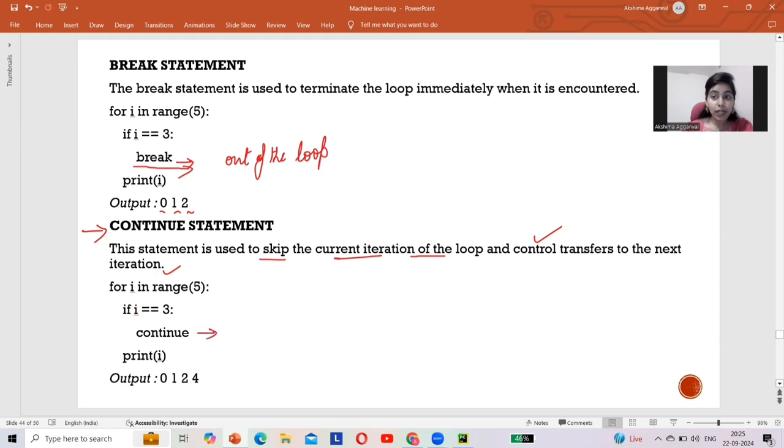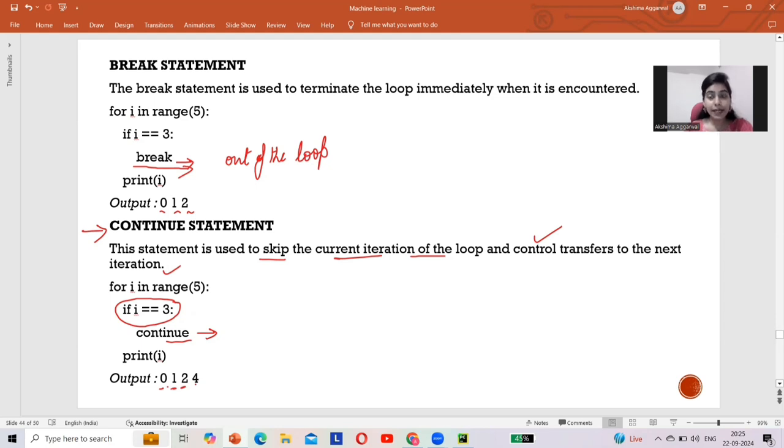It will not print this particular i, then it will transfer to the next iteration. So what will be the output? 3 will not be in the output list because we have used the continue statement, which skips the particular iteration. So the answer is 0, 1, 2, 4.